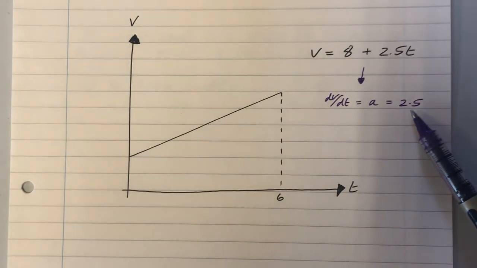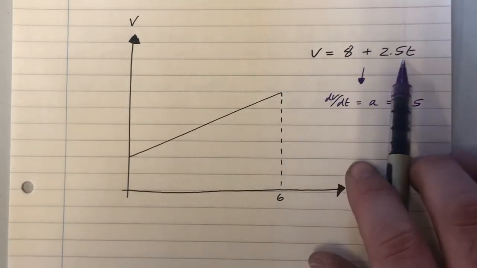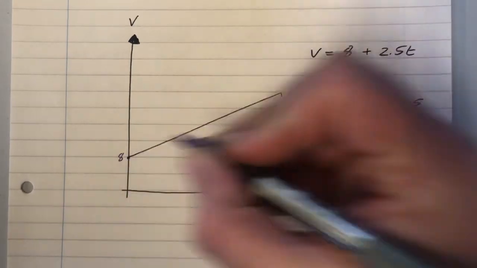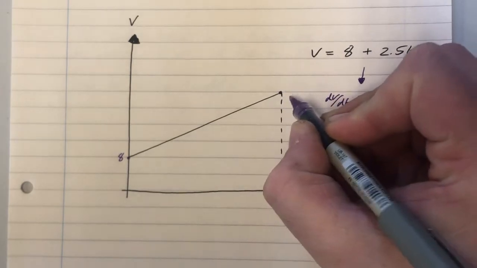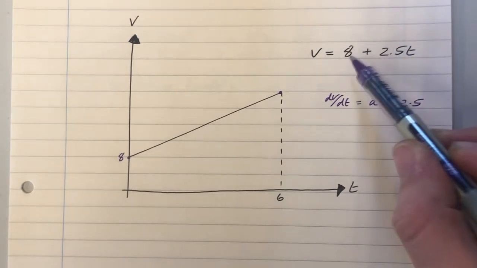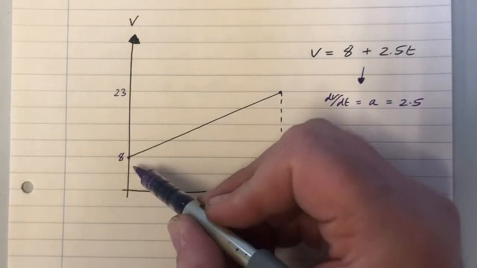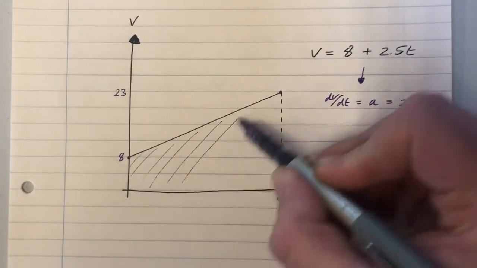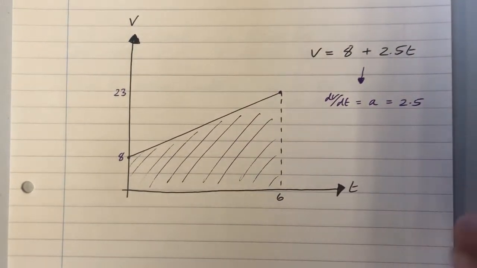Okay, so I'm going to solve this in two different ways. Number one, I'm going to use calculus, and then number two, I'm going to use Suvat. So v equals 8 plus 2.5t. Well, that means it's going to be crossing the v-axis at 8. That's its initial velocity, and then after 6 seconds, it's going to be 15 meters per second faster. So 15 plus 8 is 23. t is 6. And the question is, what distance or displacement has this object travelled in the first 6 seconds of motion